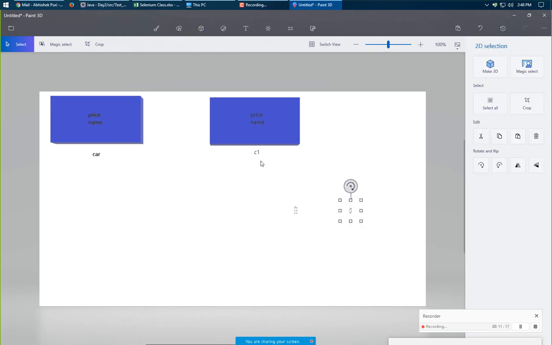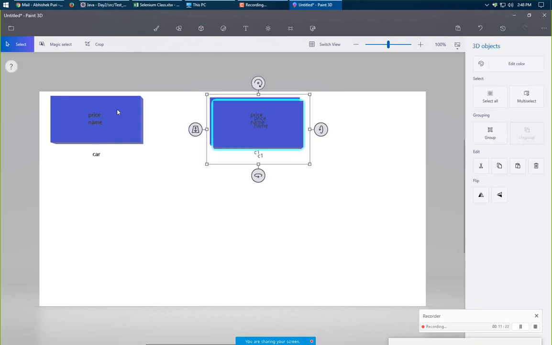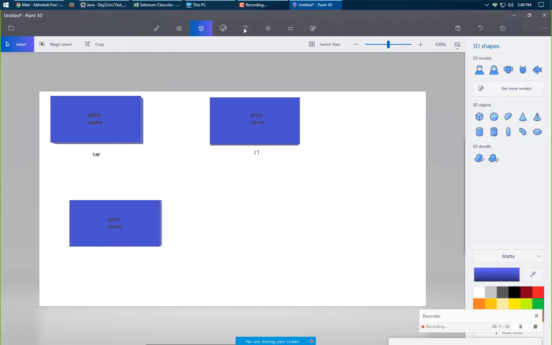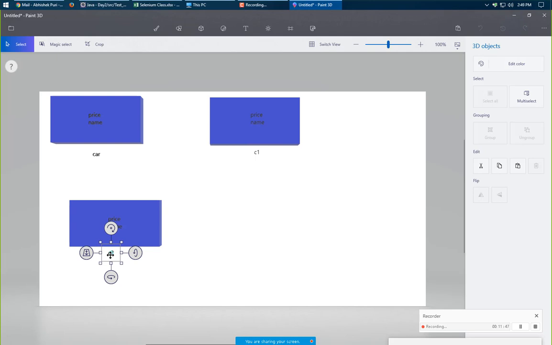So whenever we create a new object, say C2, and we assign a new object to the C2 reference, it will use another space in memory. C1 has a different memory space, C2 has a different memory space.